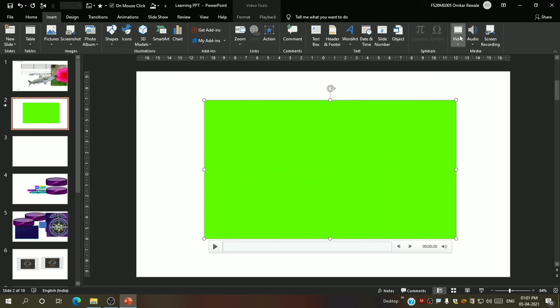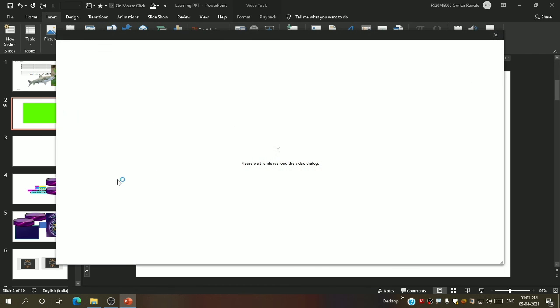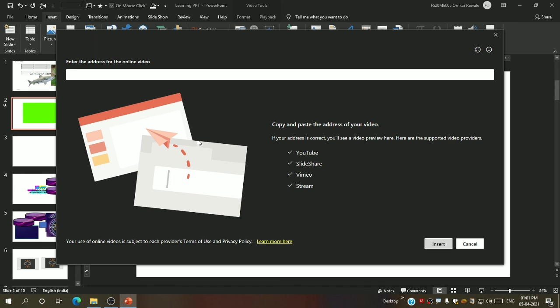So basically, what you have to do to search for an online video, for example a YouTube video: go to the YouTube video, then click share and you will get the option copy link. So open this tab and just press Ctrl plus V to paste the link and say insert. It will automatically search. You can try this on your own.